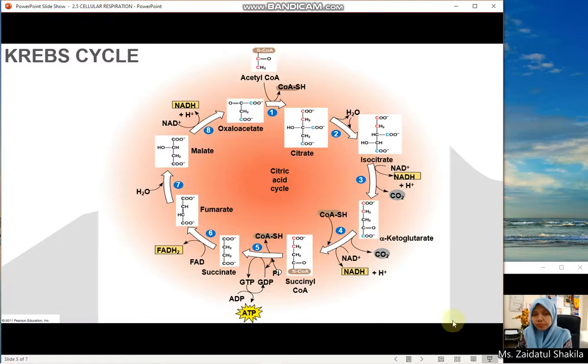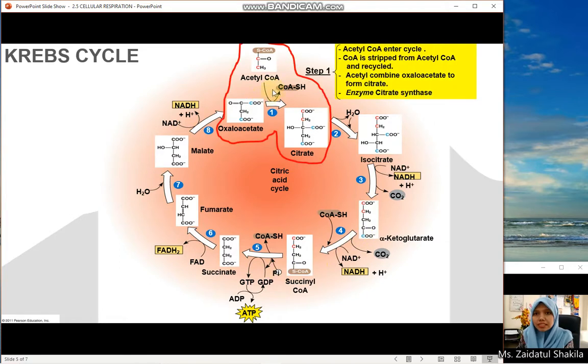In the Krebs cycle, there are 8 distinct steps and each step is catalyzed by a specific enzyme. So step number 1 is acetyl coenzyme A enters the cycle, and coenzyme A is stripped away from acetyl coenzyme A. So coenzyme A will be recycled by another process. So acetyl that contains 2 carbon atoms combines with the oxaloacetate. Oxaloacetate has 4 carbon atoms. So 2 carbon atoms plus 4 carbon atoms form 6 carbon atoms named citrate, and this reaction is catalyzed by citrate